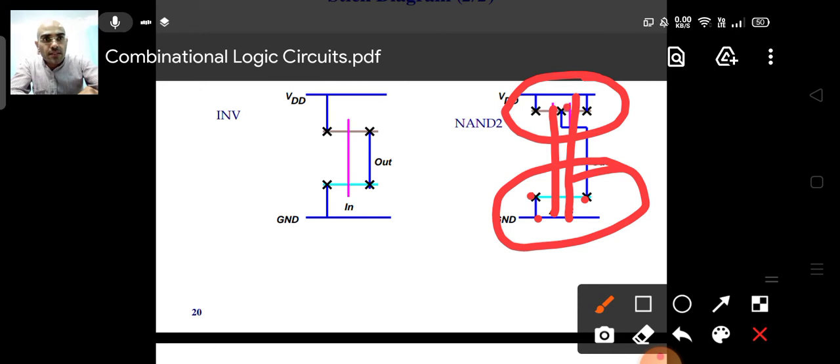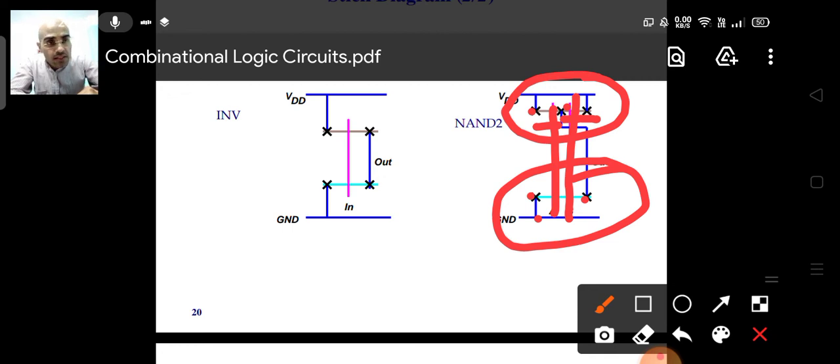So you see, this is your output terminal. So you have connected the two transistors between output and the VDD supply. So this is one transistor between output and VDD supply, and this is the other transistor between output and the VDD supply, okay. And now these VDDs are connected to this VDD. There is a contact, so you have connected that to the VDD supply.